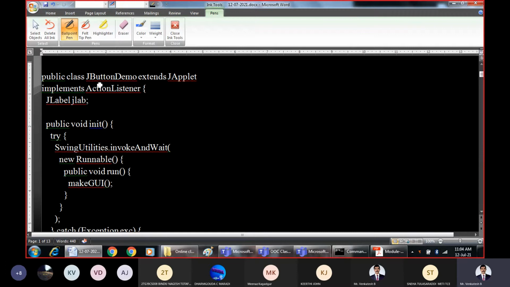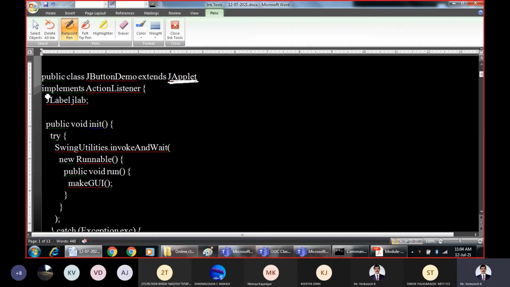Now, as we know, just like every applet extends the Applet class, Swing based applications must extend or inherit the JApplet superclass.